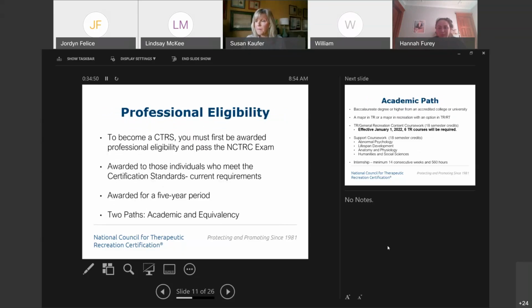So we again talk about professional eligibility, and what does this exactly mean? Everyone starts here in the goal to become certified eventually, right? In order to gain professional eligibility, or what we call exam qualified status, you must meet all of the current NCTRC certification standards, and then register and pass that NCTRC certification exam.